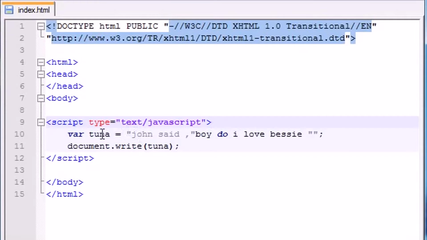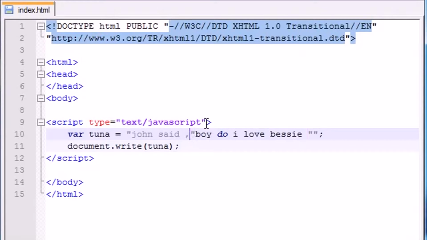So it's going to say, alright, you have tuna, you have a quotation mark here, you have your ending quotation mark here, and this is what I'm going to set it equal to. But what the heck is all this stuff if you already gave me two quotation marks? Well, JavaScript's not smart enough to know that this is a saying and that this is actually part of the variable. So in order to tell JavaScript that these quotation marks are supposed to be inside the variable itself,